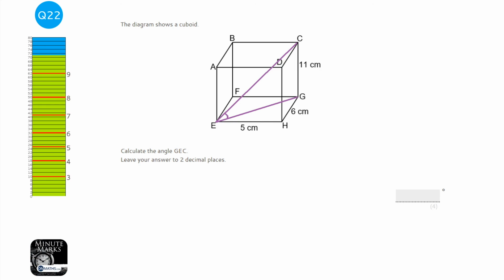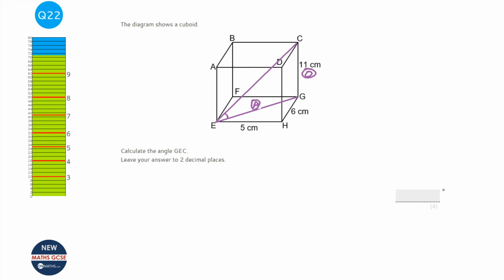And at the moment, we only have one length. We have that 11 centimetres at the end, which will be the opposite. So if I mark that, that's the opposite when we use trigonometry. Now, the hypotenuse is not something we can easily find. So that's probably not the one that we're going to be looking for. But the adjacent at the bottom could be quite